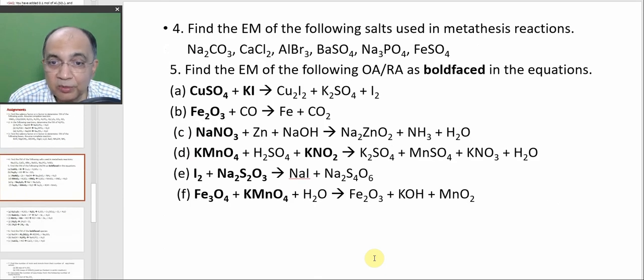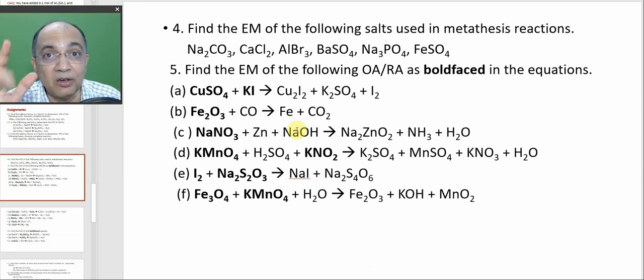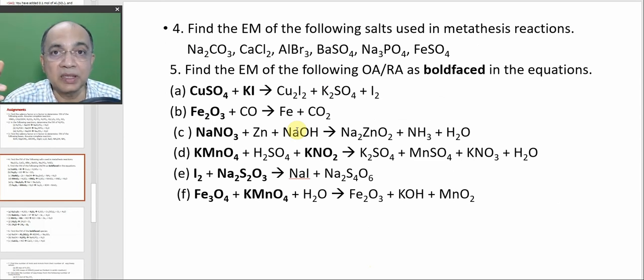You solve all these problems. I have highlighted these molecules whose equivalent mass you have to determine, particularly the N factor. I will not be serious if you miss finding the molecular mass and dividing by the N factor to get the equivalent mass. I will just ignore that. I want you to find the correct N factor by finding the change in oxidation number per molecule. If it is an ionic equation, per ion; if it is a molecular equation, per molecule.